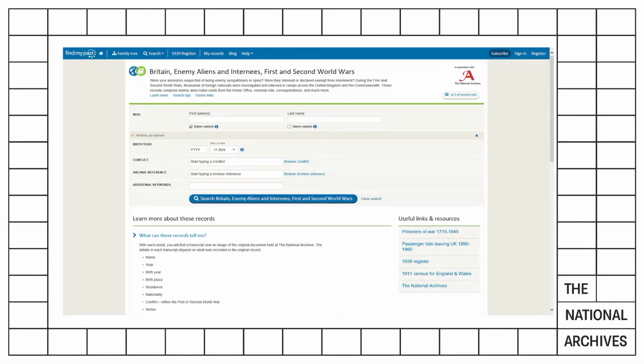But the cards are fascinating. Here we've got another one for a 16-year-old who had escaped persecution from Vienna with his parents and was settling in school in Falmouth. Internee records for the Second World War can be searched by name on our partner site, Find Past. Although many enemy aliens were initially not interned at the start of the Second World War, in June